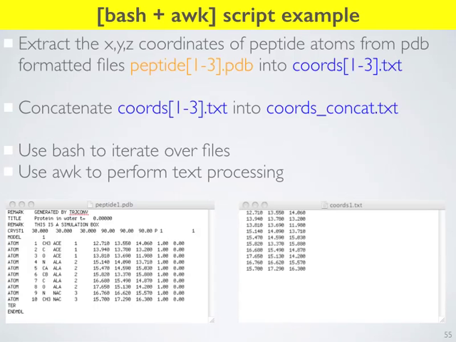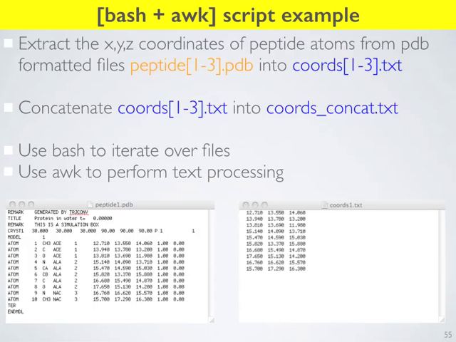But what I want you to do is take this PDB file, which comes in a standard format, and every line contains the XYZ coordinates of that protein atom, plus a bunch of other junk, like its charge, its mass, its name. Imagine I only wanted the XYZ information. So every line, I only want XYZ. And I want you to extract that into these new files called coords.txt, just containing the XYZ information.